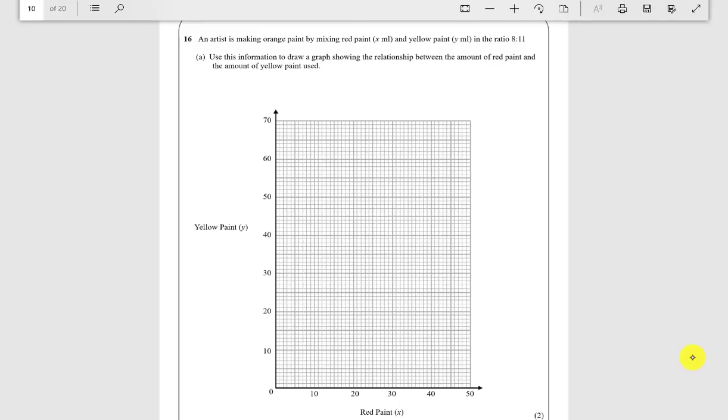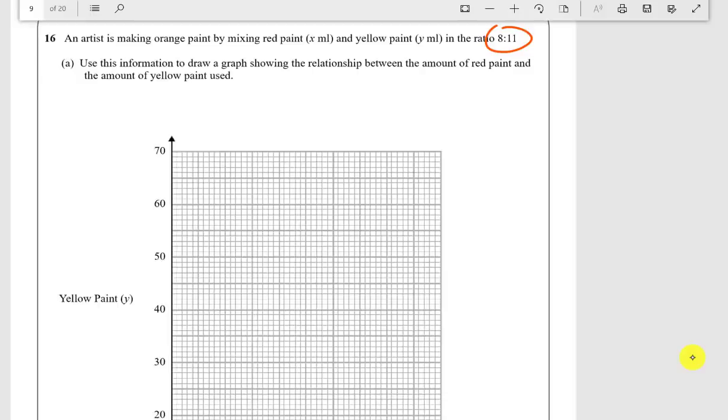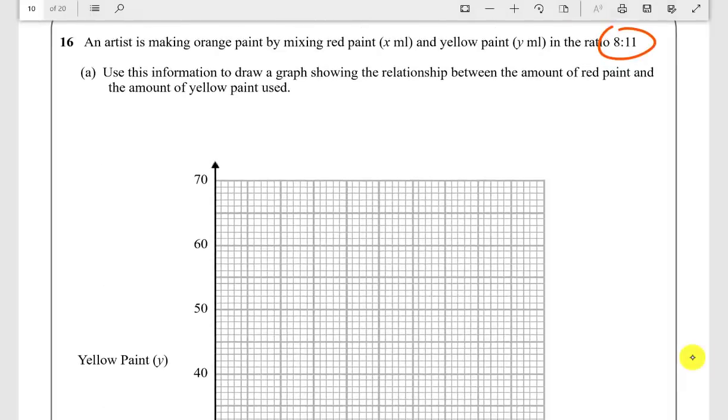Now before we use the graph, we need some coordinates. And now where do we get the coordinates from? Now we can use this ratio 8:11 to work out some ratios, work out some coordinates, and we can use these coordinates to plot the points and then draw our graph. So red paint to yellow paint, we have 8:11. Now what we can do, you can find some equivalent ratios and then find those coordinates by using that equivalent